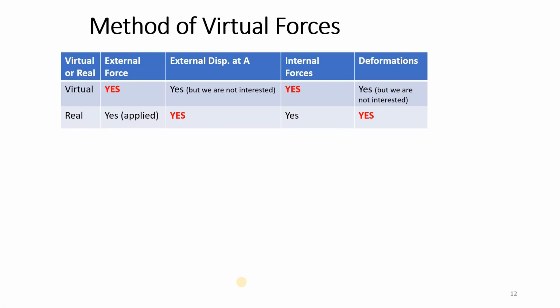So this is the same table that we developed in the previous slide, and that's what the principle is. We are going to consider work done by the virtual forces. The work of the virtual external forces and the work of the virtual internal forces should be equal. This comes from the principle of work and energy. We are considering work of the virtual external forces, and on the other side we are considering work of the virtual internal forces. So work done by virtual forces, external and internal, should be equal. That's what we have learned.